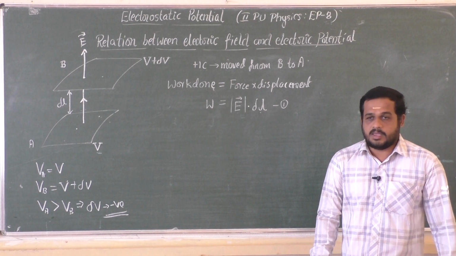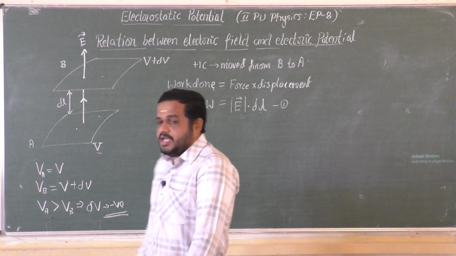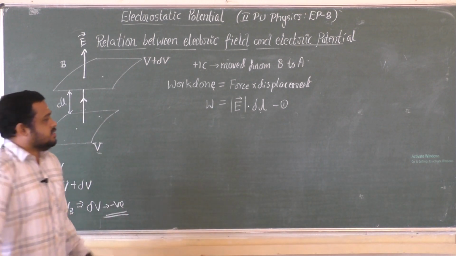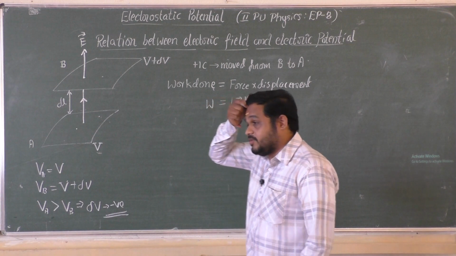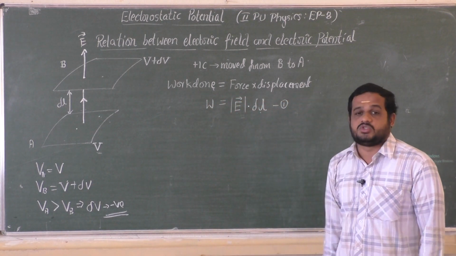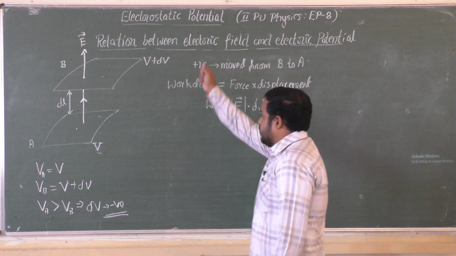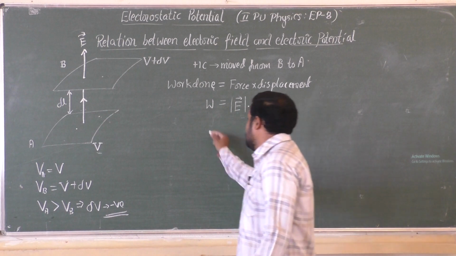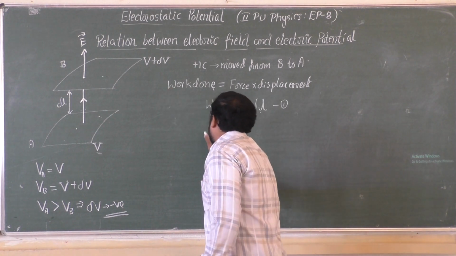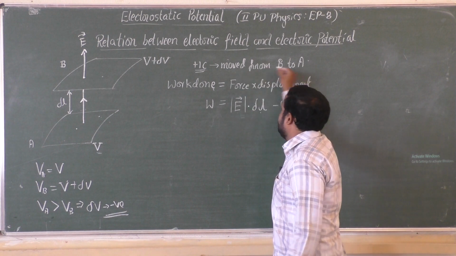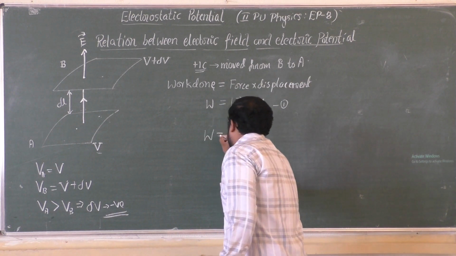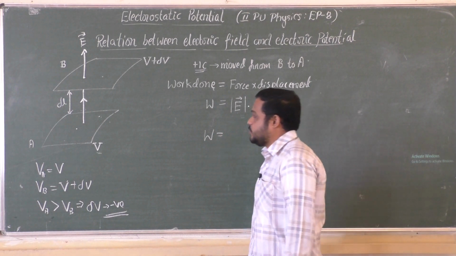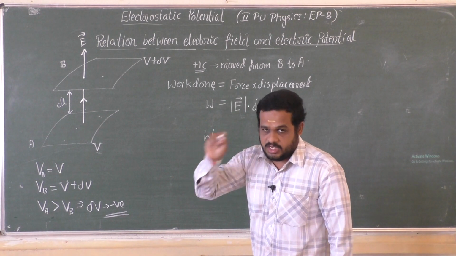Next, we know that the electrostatic force is a conservative force field. Therefore, in case of the electrostatic force field, whatever work is done by the external force is stored in the form of potential energy. Using that concept, we can write one more expression for this work done. Work done in shifting a unit positive charge from B to A is W, which is stored as potential energy. Therefore, work done is equal to final potential energy